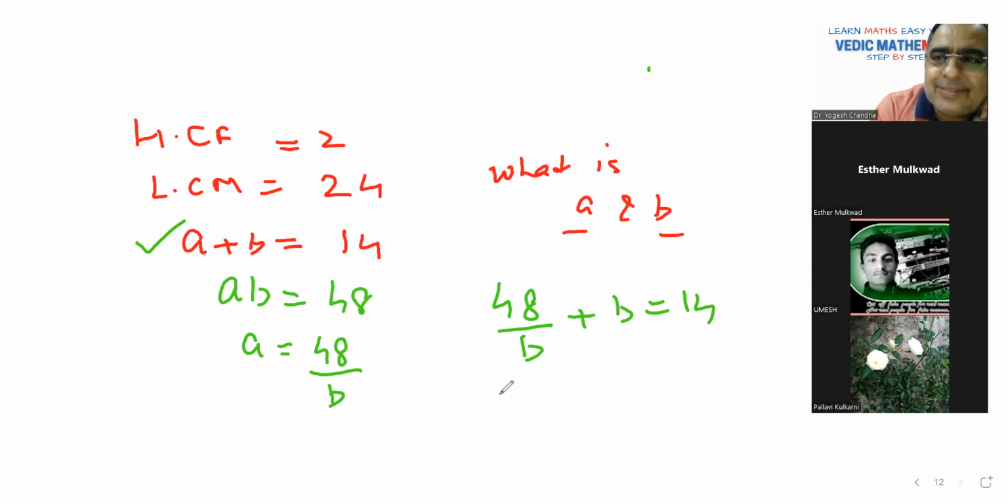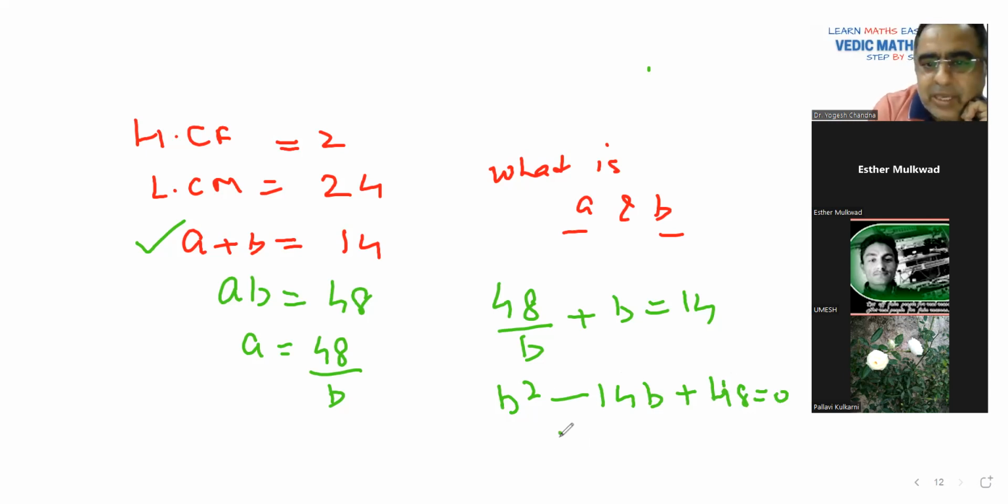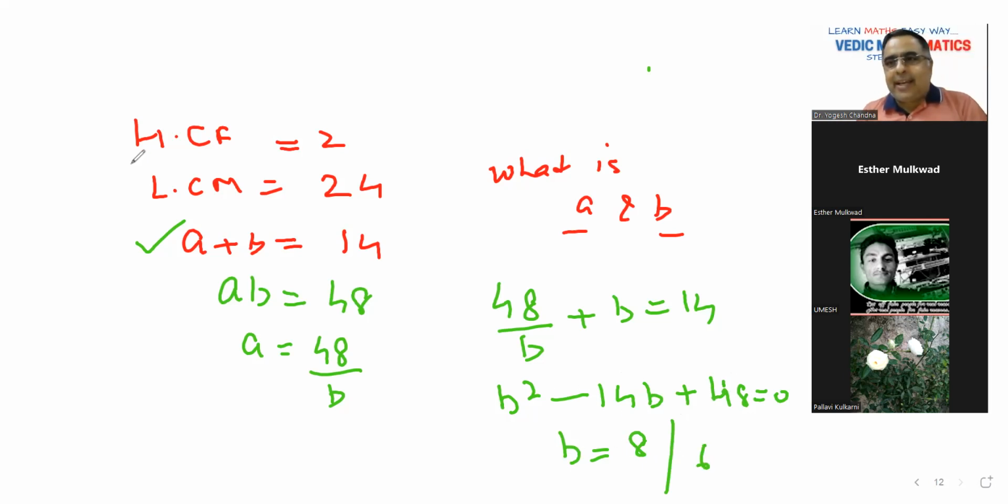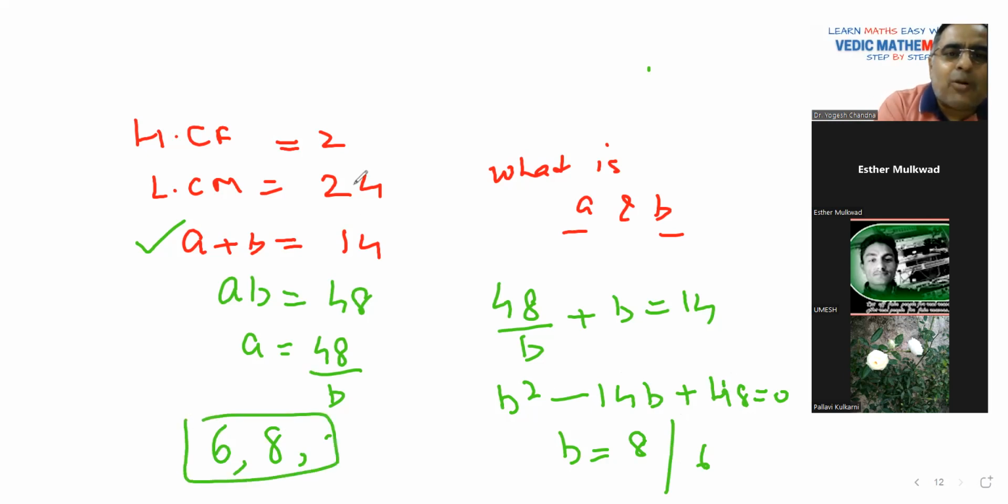मेरा a आया 8, b आया 6। तो बी स्क्वायर माइनस 14 बी प्लस 48 इज इक्वल टू 0। तो b क्या आ जाएगा? b 8 आ जाएगा या 6 आ जाएगा? अगर बी 8 है तो ए 6 है, तो नंबर्स आर 6 एंड 8, 6 एंड 8 ही होगा, तभी एलसीएम 24 आएगा। हाँ ये यही प्रॉब्लम आती है पेपर में, कनेक्ट नहीं कर पाते स्टूडेंट्स।